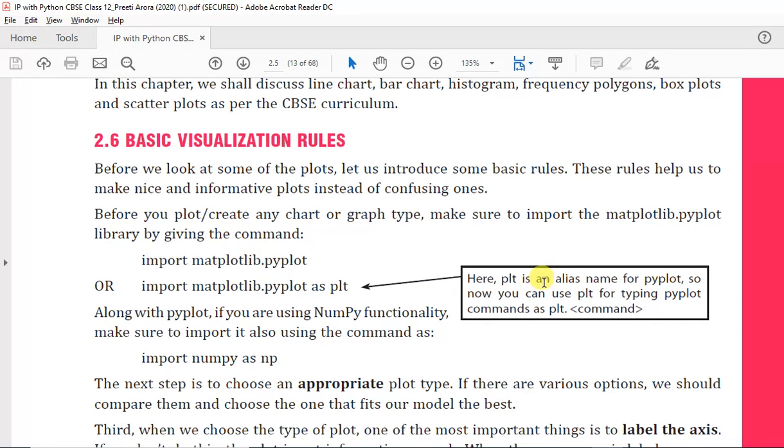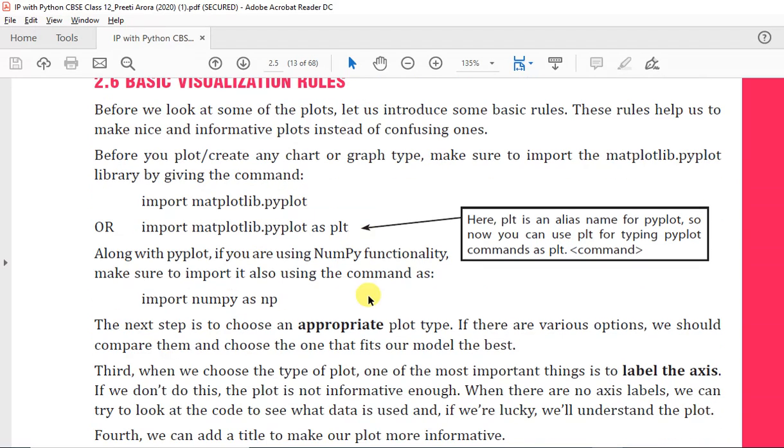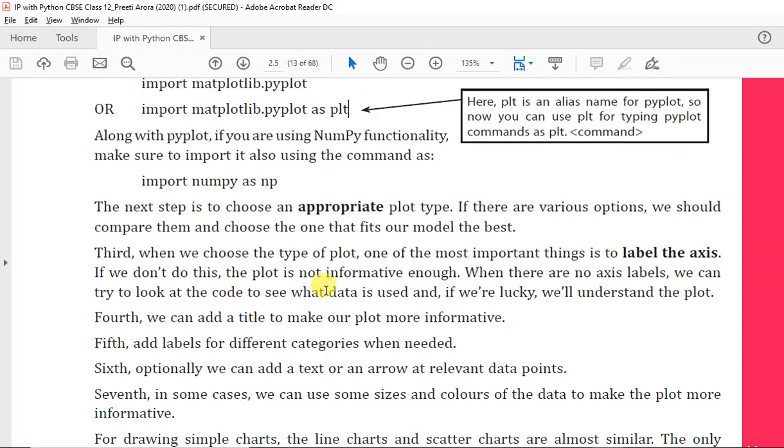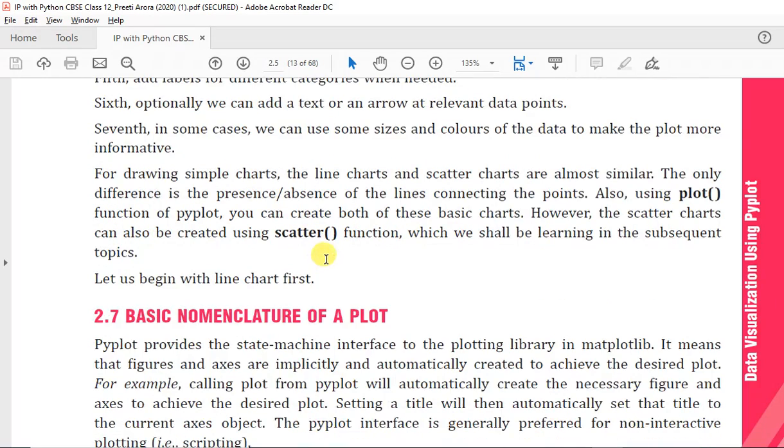Here plt is an alias name for pyplot, so now you can use plt for typing pyplot commands. plt is an alias name, so we can use any. Sometimes you need NumPy in your program, so we can also import numpy. We already know how to import numpy.